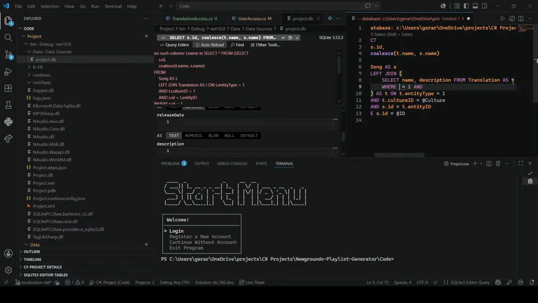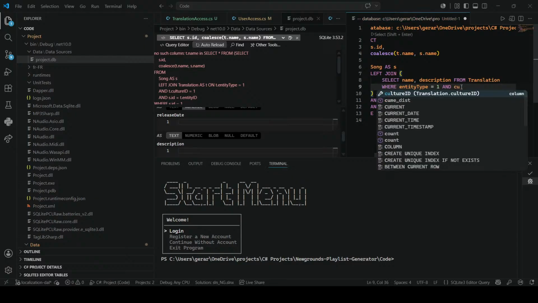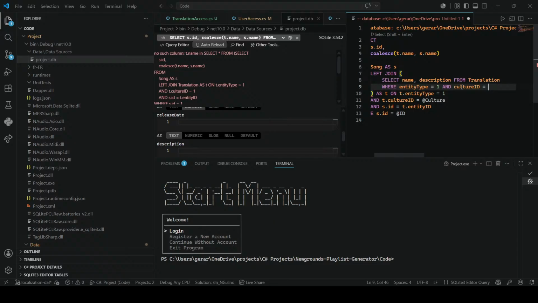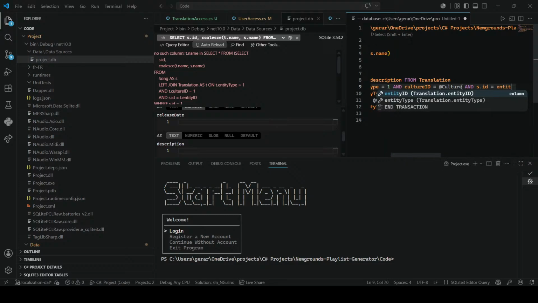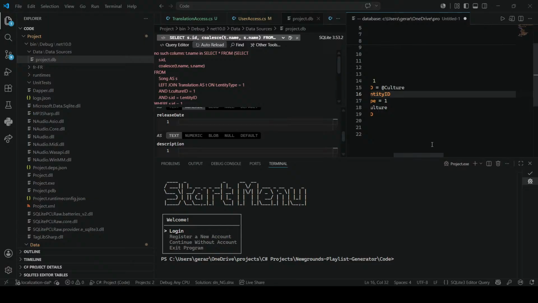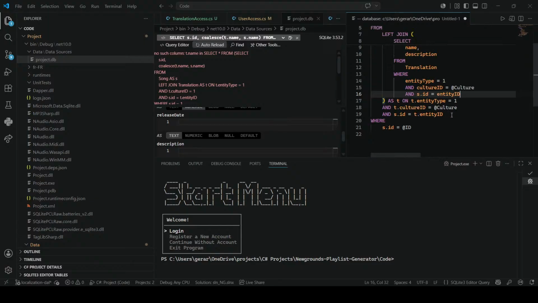Imagine that. No. No, okay, so where entity type equals 1 and t.culture ID, or just culture ID. Equals entity ID. As t